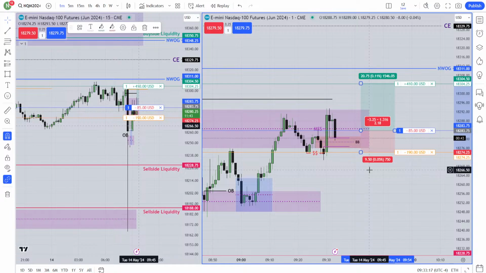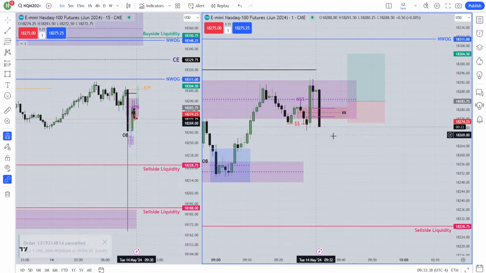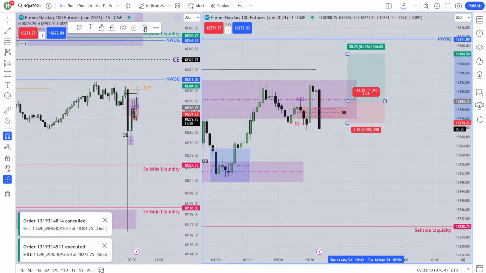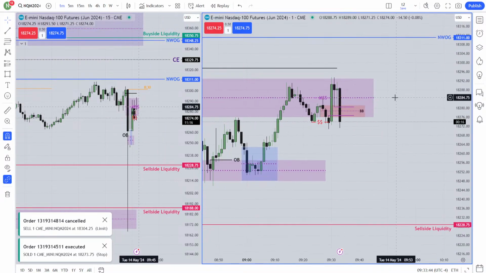Again, this is highly risky, and to be honest, I'll go for that because I have the breaker block, I have the fair value gap. If it doesn't work, I'll just get stopped out, that's all. I put my stop loss just covered the wick for the breaker block. See this wick a little went outside of the breaker block, so I just covered. Okay, I got a stop out. So no entry for me right now. I'll just wait. I'll see how it worked around that area.